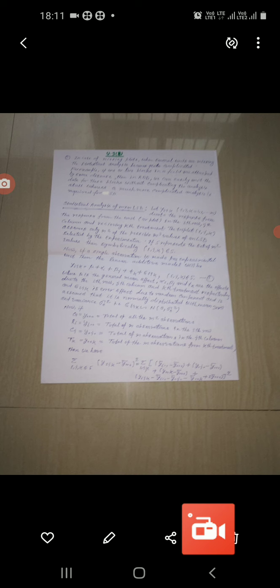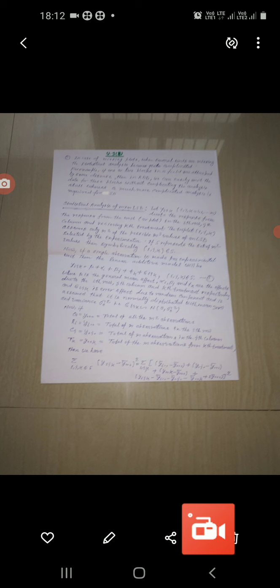Now if a single observation is made per experimental unit,